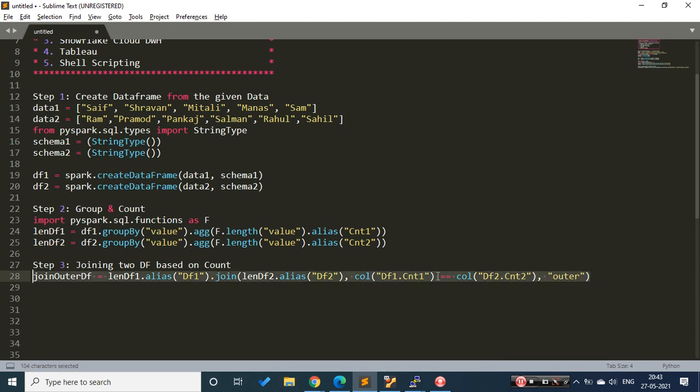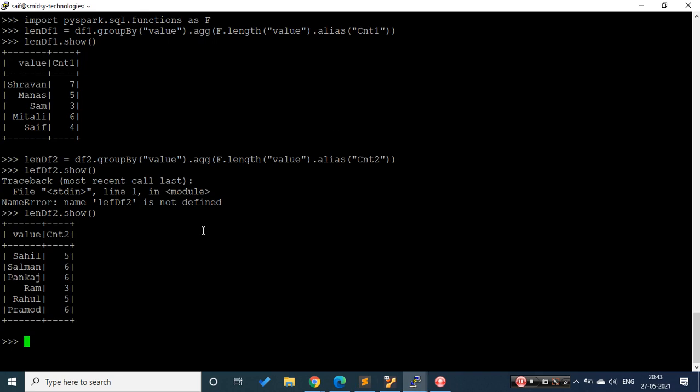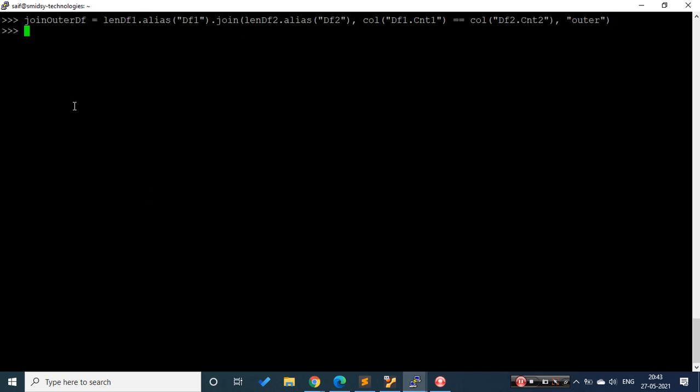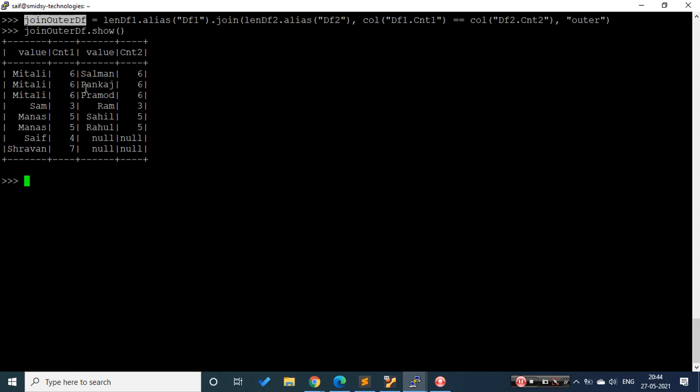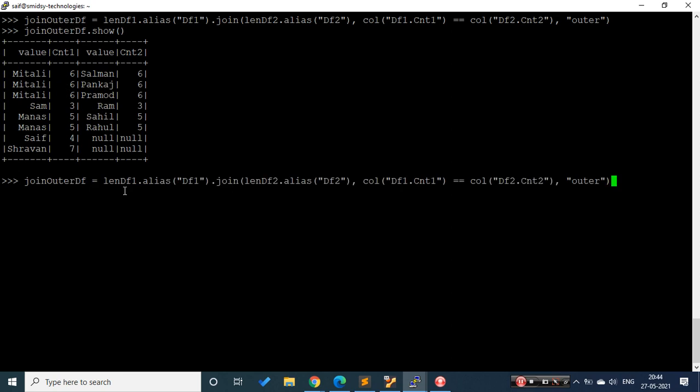If you apply outer, there will be one extra step you'll have to perform, and let's see what that extra step is. Else you can directly go with your own way of doing things. Whatever comes to your mind, you need to output. If you see, I'm able to join these data sets based on this. I could have applied an inner join, so let's do that as well.